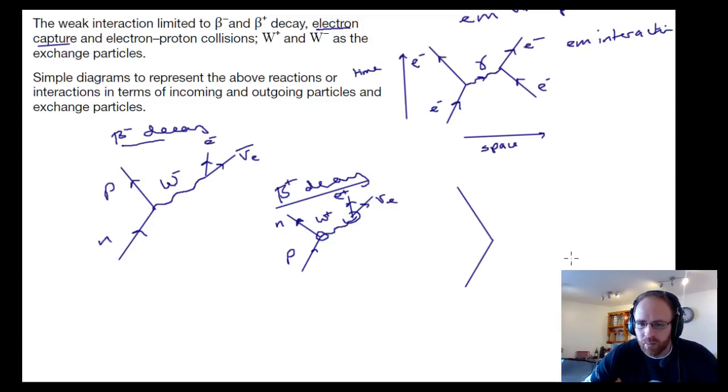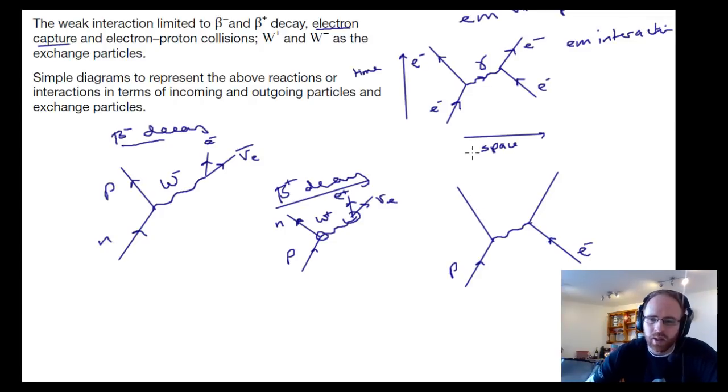So we have a proton coming in and an electron coming in. Notice that every time this right hand side for me is higher than the left hand side, and that's because I like reading them left to right, and everything has to go up in time. So if my particle is travelling to the right, it's going up in time. So I have a proton, it collides with an electron, they're coming together, either from an inner shell of an atom, which would be electron capture, or from a collision in free space,